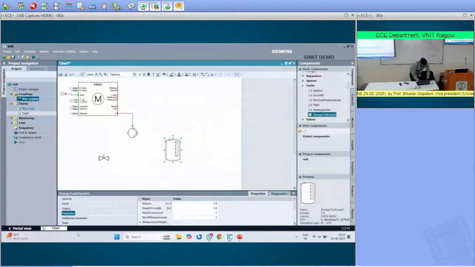Here I am adding the parameters, number of connectors. Here I am putting 2, so then we have 2 connectors. If you want to move the connectors, you press Alt, and then we can move the connectors from one place to another. It is done using Alt. So once you have created it, we can